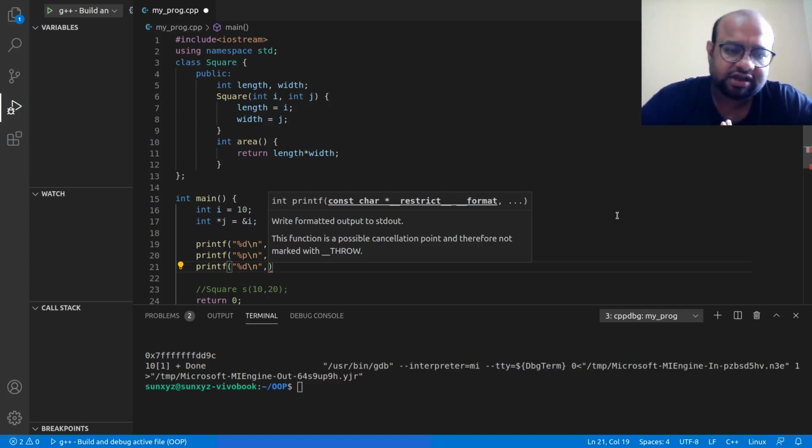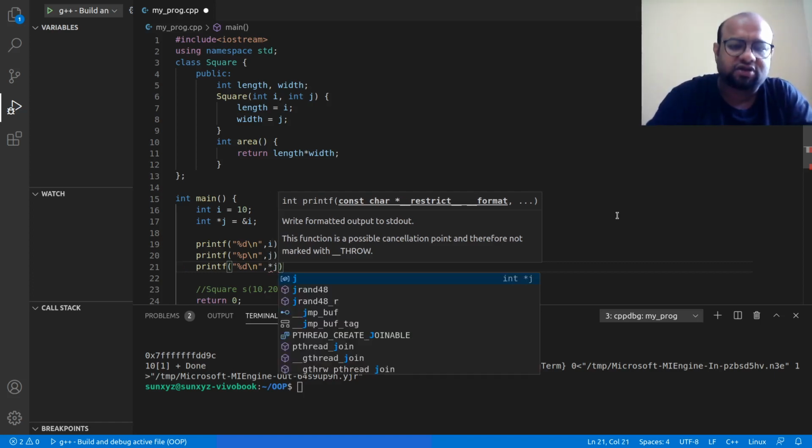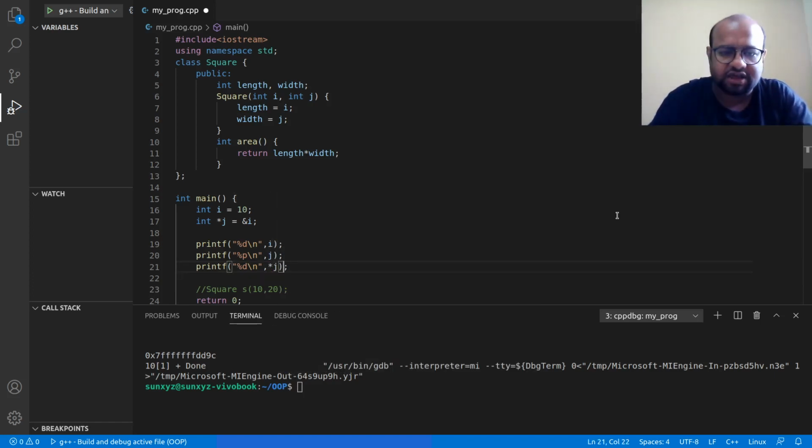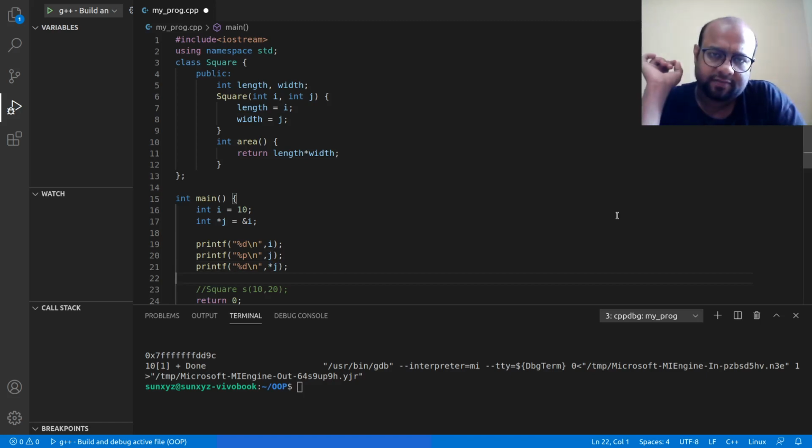Alright. So how am I going to go to j, get the address, go to that address, get the value and print that? Very simple. I write star j. This symbol is star, so this is star j. What does this do? This will print the value of whatever is pointed to by the address that is in j. Alright, lots of words I am speaking right now, but I hope everything makes sense.